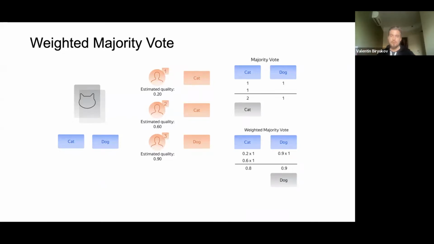Using this approach, they may also know that, for example, if the first user in our scheme often provides incorrect answers, because mistakes are the most popular behavior of this person,